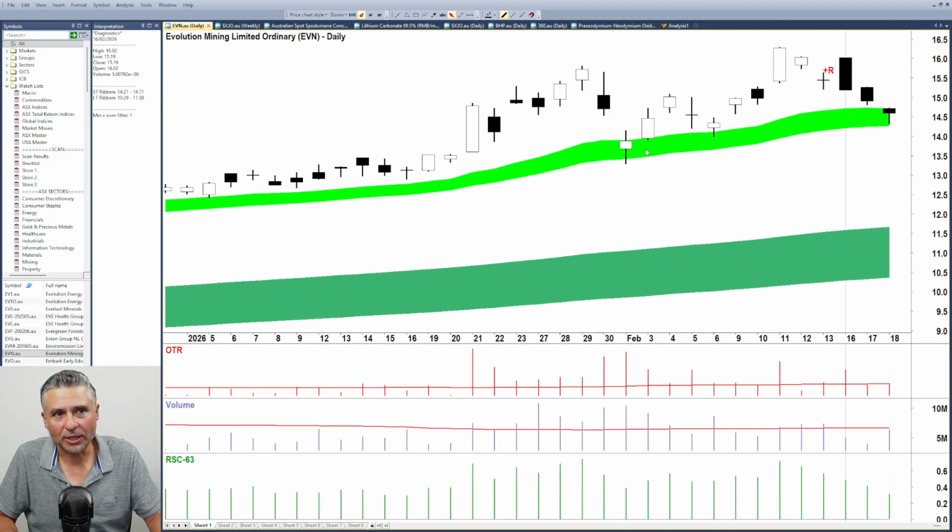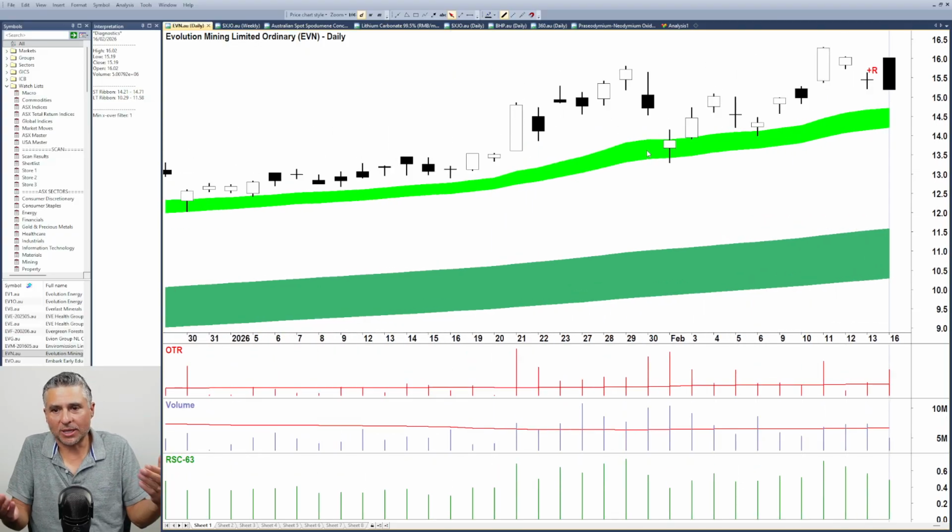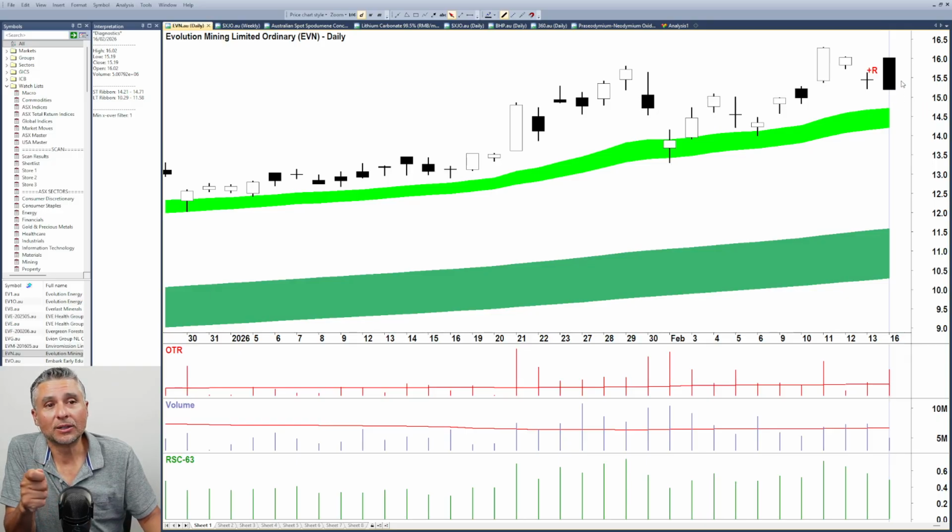Look, we know that's not a great candle, but I don't think anybody here would have panicked out on that day. It got our attention, and for all of us, the next day is far more important than that day. That day is important in that it gets our attention, and the next day either confirms something's up or confirms that there's nothing to worry about or that we need to give it even another day. So I don't think that's our smoking gun day.